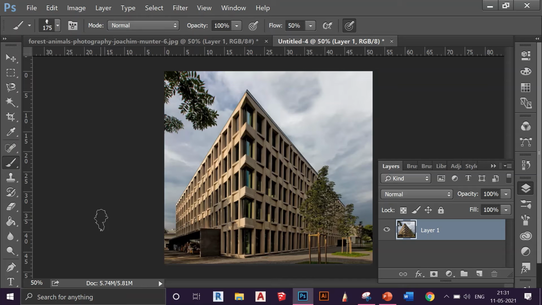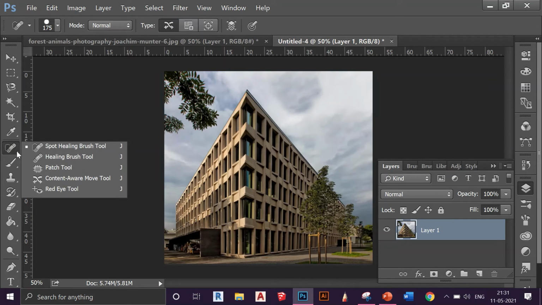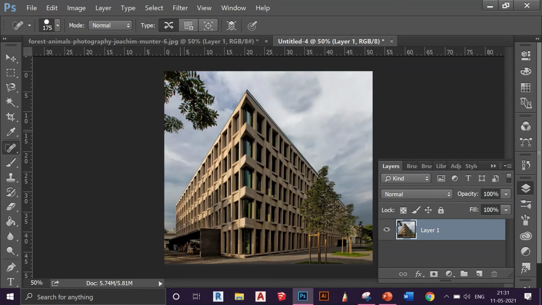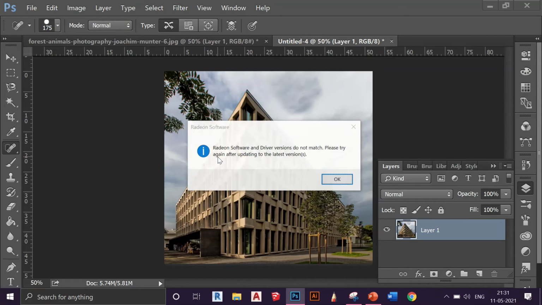Now, as we talked about removing stuff from the image, there are different tools as well that you can use. They are not that appropriate, but they kind of do the job. So there's the spot healing brush tool. What this tool does is you select a part and it merges it with the background. So it works here, but in case of here, it's not working properly. So actually they work according to the situation. They are not always helpful, but sometimes they do a good job. So it's up to you what you want to use.